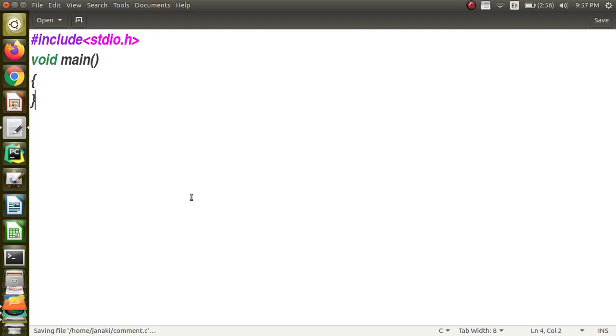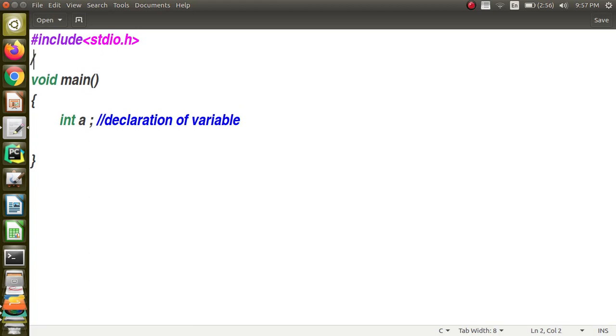Now I was talking about the single line comment, okay. Let me say int a, and it should be terminated by a semicolon. This is the declaration of a variable a, int a. If I want to add a comment, then I will put a double slash and say declaration of variable, okay. This is how we give a single line comment. Suppose I want to give a multi-line comment.